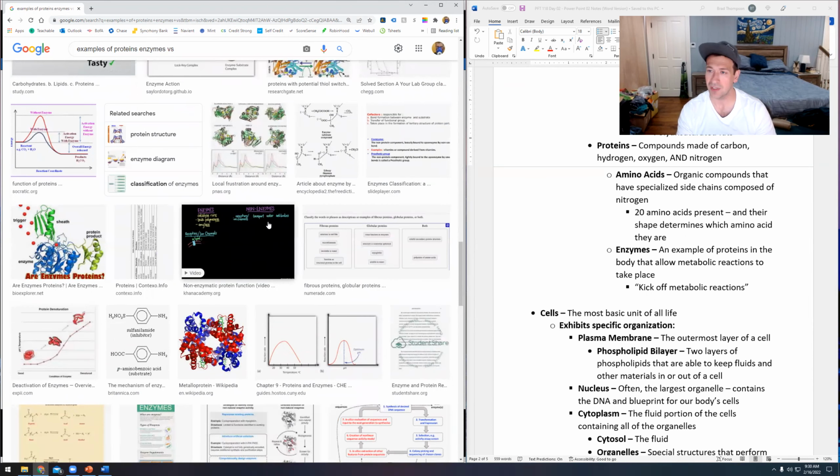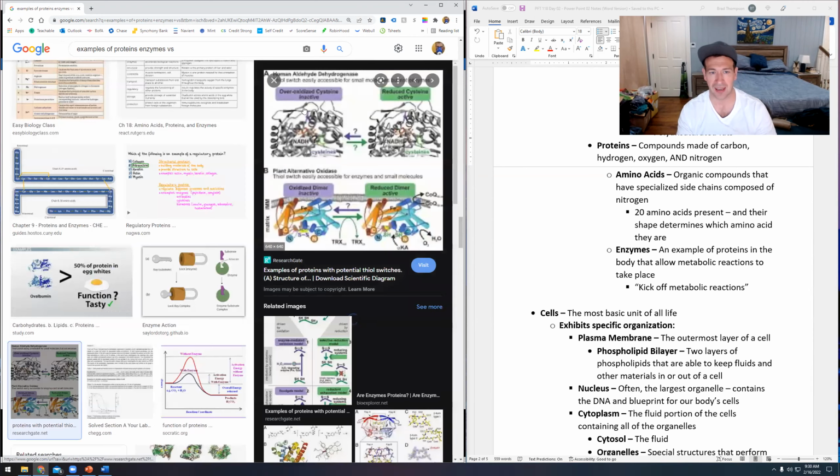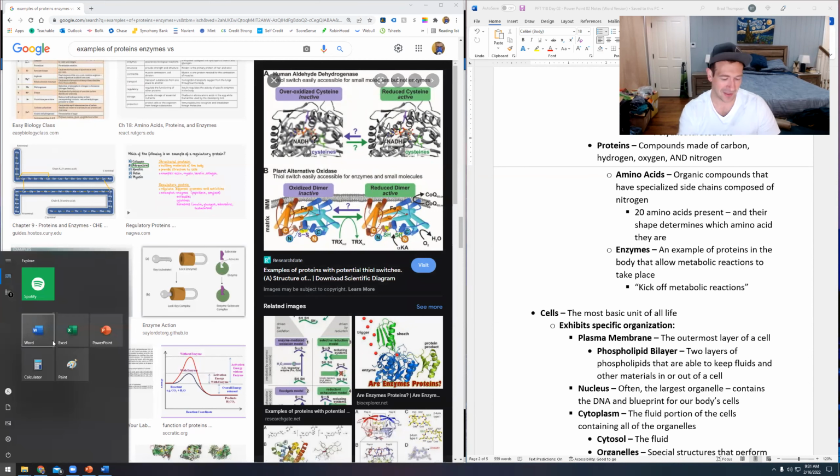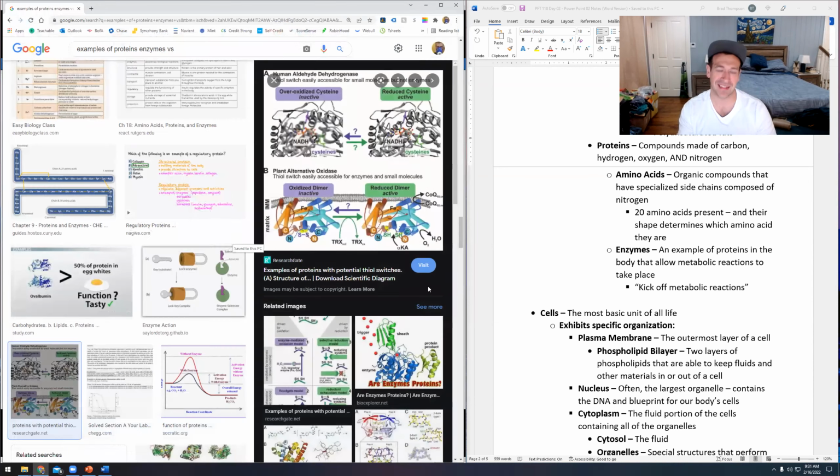I love drawing proteins because I'm terrible at drawing, but this is kind of how you draw a protein, because on a chemical structure, they just look like this. They're just squiggles. You want me to draw a protein? There we go. I drew a protein. It's the one thing that I can draw well,